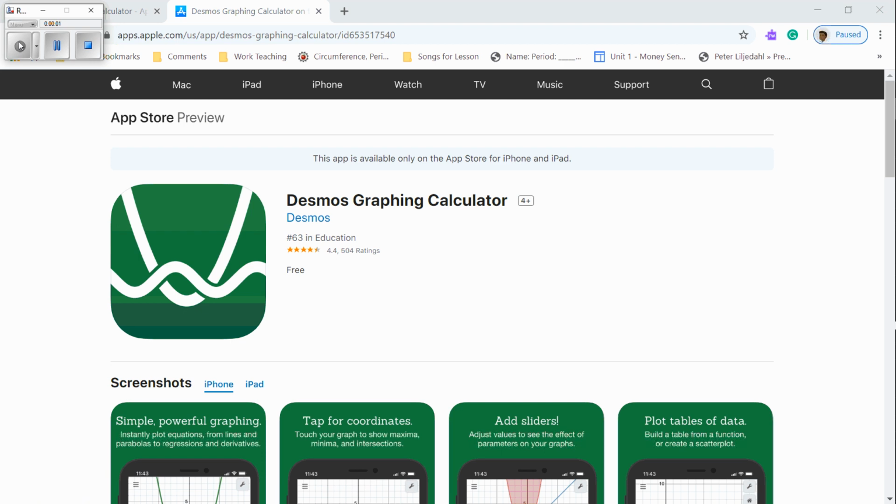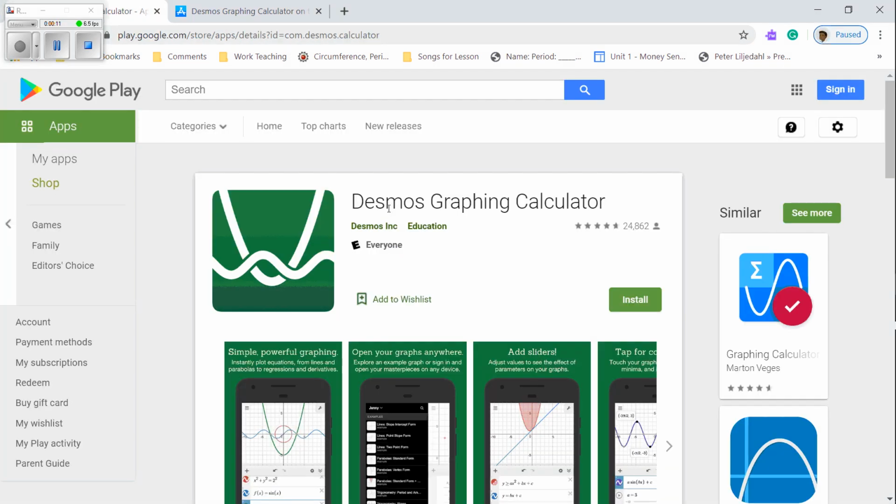We're going to talk about the Desmos graphing calculator. Now, the Desmos graphing calculator on the App Store is found here, and you can install that on your phone. For the Android user, we can go to the Google Play Store and type in Desmos, and there it